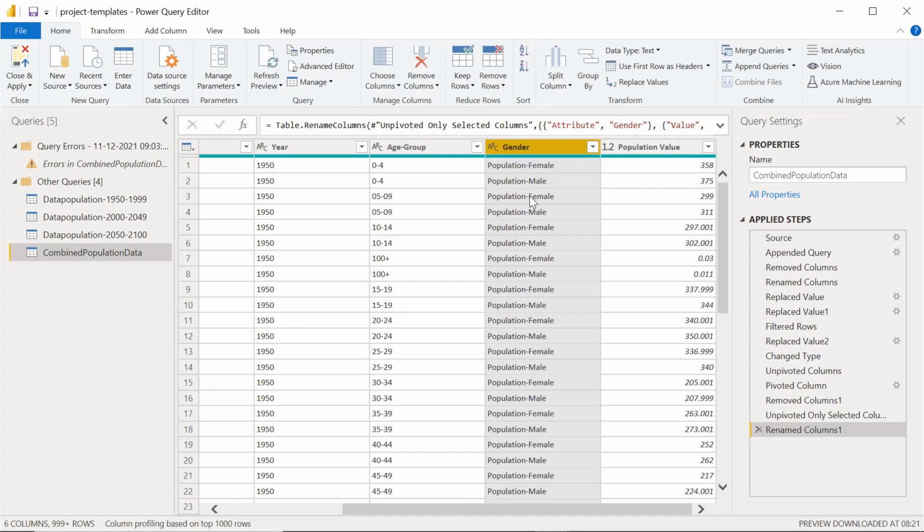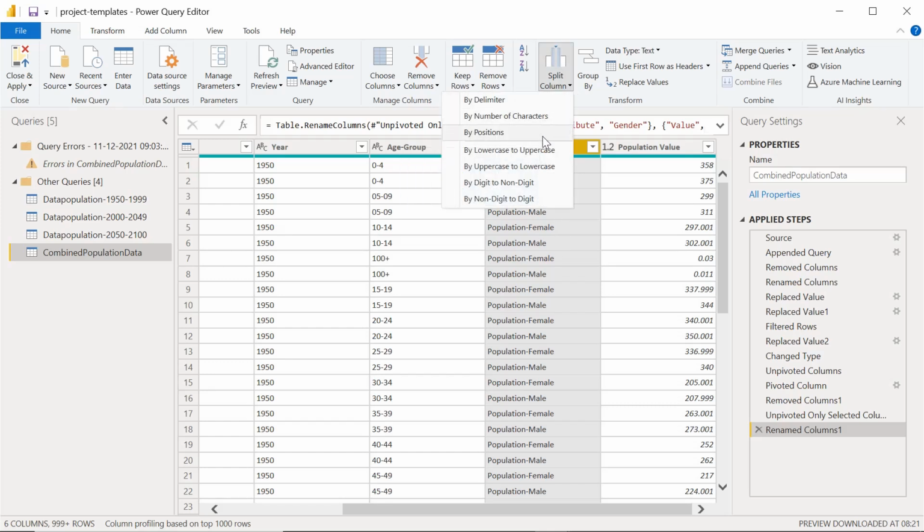How to do this? There is one feature available with Power BI. You can see the split column, where we can split the characters, whatever values are available between one column and the other column, like after this hyphen. Now let's try these options. There are multiple options available, so let's go one by one.